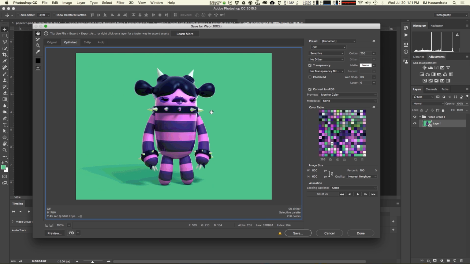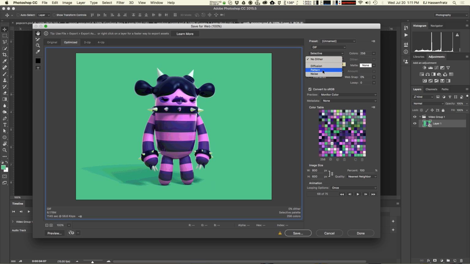And this selective is going to be very helpful when you do have images with a lot of gradient, because again, we have all this chunky stuff that we need to apply dithering to try to smooth out the gradation of the color on our little monster person. And again, our file size is fairly high. That's 6 point something. Usually you want to be below like 5 megabytes, and we're over 6. So let's go